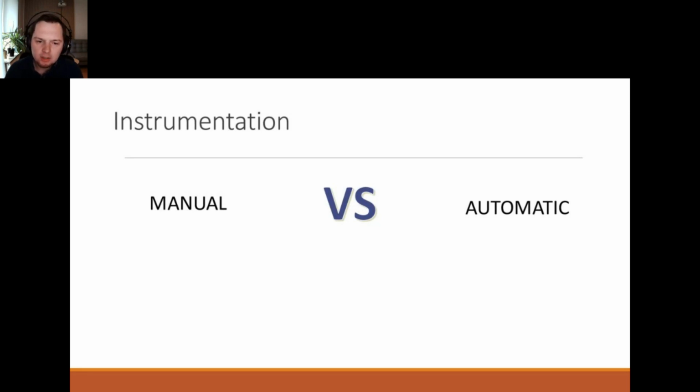So which one to use? Well, I'm a huge fan of auto instrumentation because we don't have to do code changes. But I think manual instrumentation is also important. Sometimes, for example, your framework is not supported yet, or you need a more granular understanding of how your service works, and then you can use manual instrumentation and create those spans yourself.